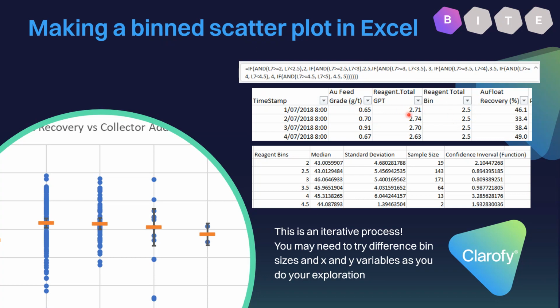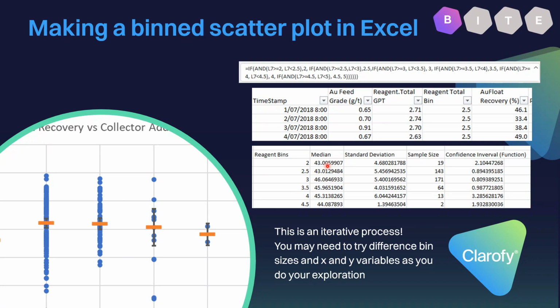So basically you're saying if this value is between this value and this value, round it down to this value or round it up to this value. You're just doing that over and over again for the range of that variable. So then you get your binned variable, and then you need a whole new table where you collect your bins and you make all these little statistical features of each bin.